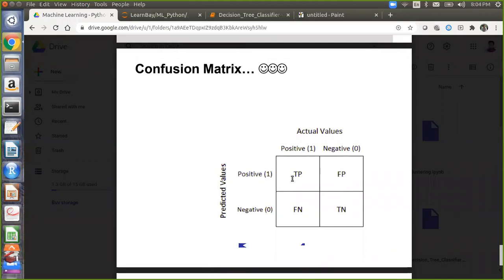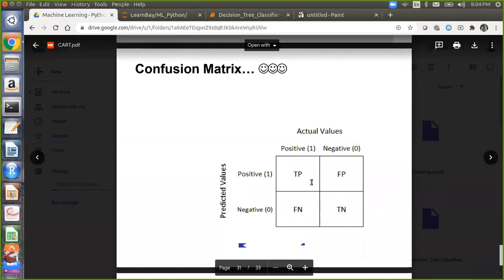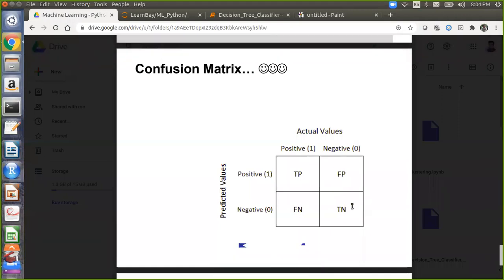When you want to calculate the accuracy of any model, you have to do TP plus TN divided by TP plus TN plus FP plus FN, into 100. Basically, the total number of correct predictions divided by the total number of predictions, into 100, will give you the percentage accuracy. So that is our confusion matrix. It gives you the idea of how many times your model is predicting 1 as 1, 0 as 0, 1 as 0, 0 as 1. Any question for the confusion matrix, because this is all the confusion matrix is about?